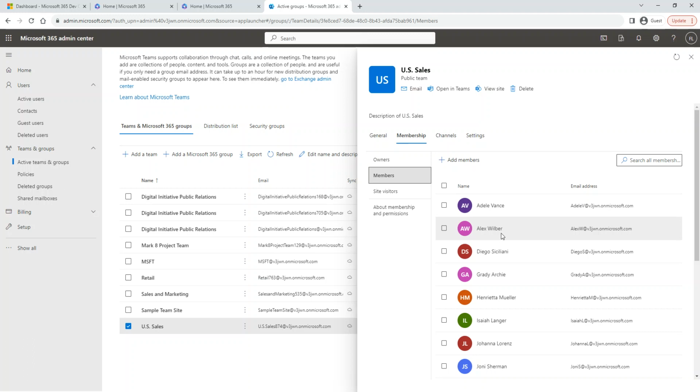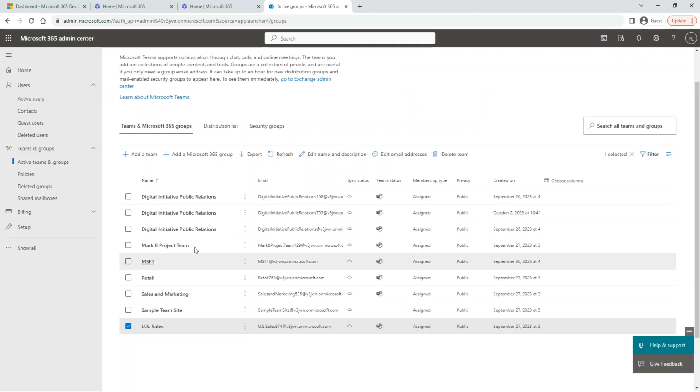So that is how the company benefits from using groups instead of individual people. They don't rely on individual users. And when somebody replaces Adil, that person will be added to this group. That is how things work within an organization in the real world. That's why Microsoft created those groups for us.